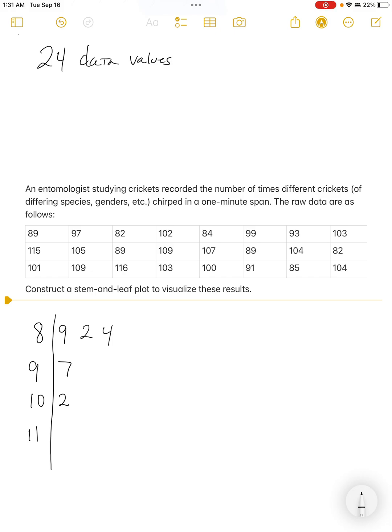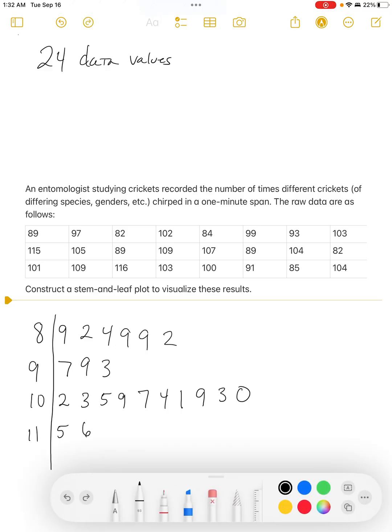Now you can get upset at me and say, you told us to put it in numerical order. You don't have to, but I'd recommend getting them in the right spaces first and then rearrange. That way you don't overlook anybody. 84, 99, 93, 103, 115, 105, 89, 109, 107, 89, 104, 82, 101, 109, 116, 103, 100,